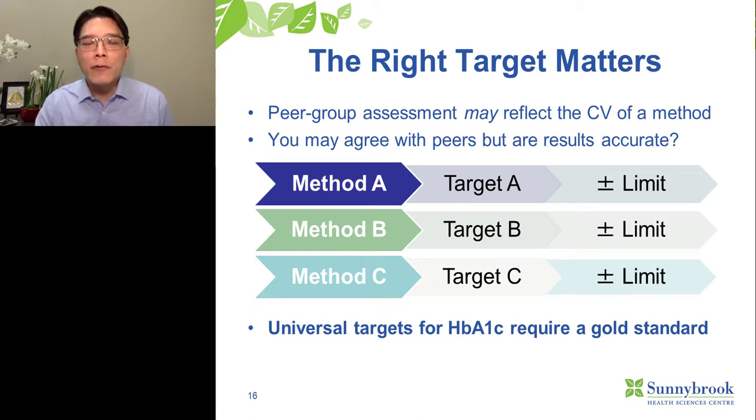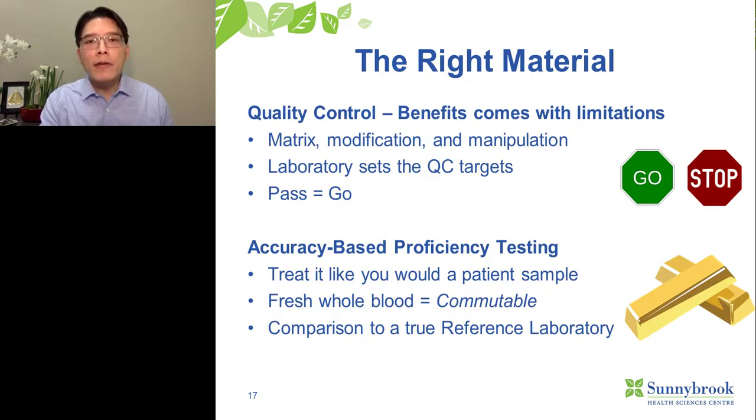Okay? And so if we're going to measure A1C using universal cutoffs, we need a gold standard for our proficiency testing. So another important consideration is the right material. Okay? And when we're considering quality control and what we're doing in the lab,